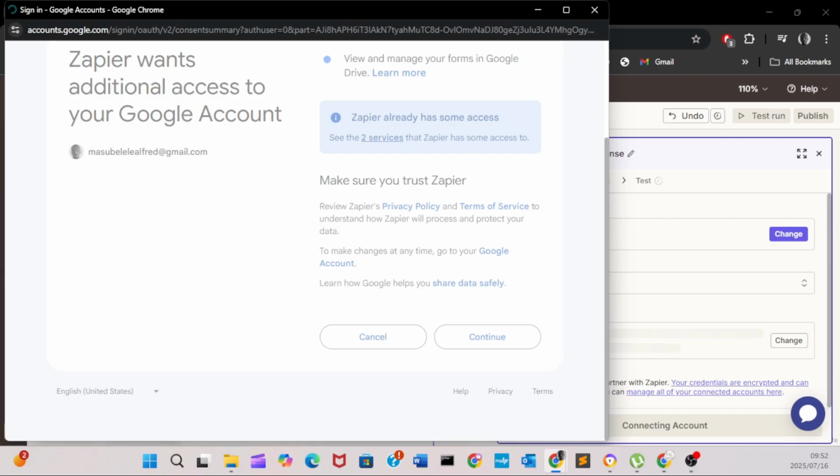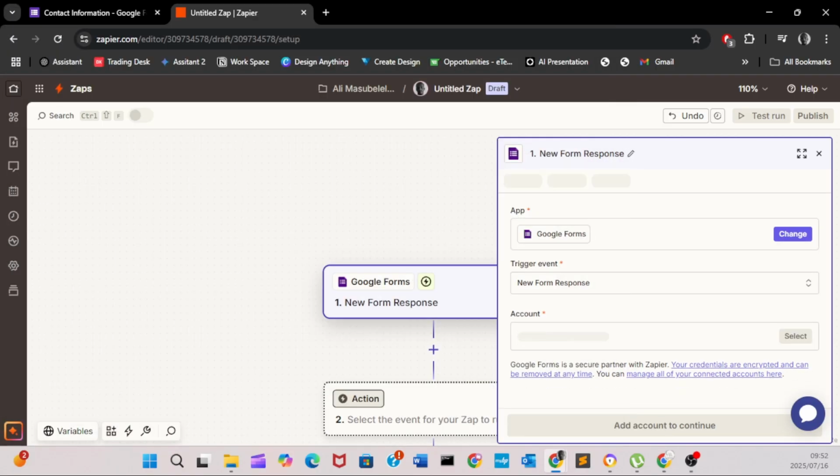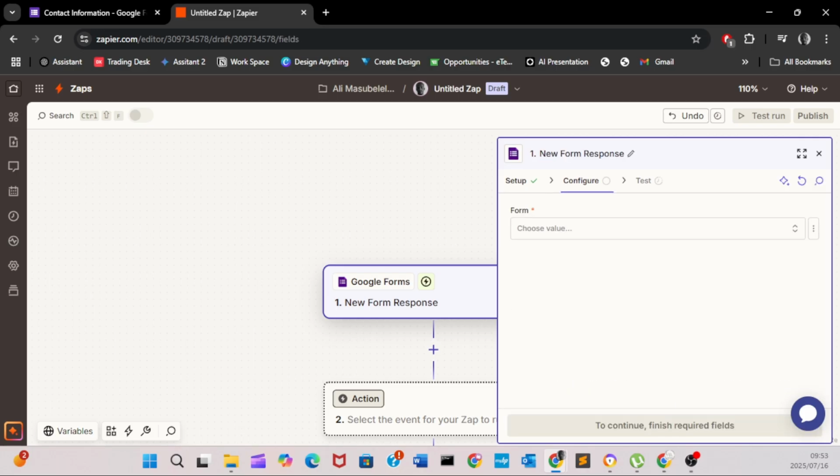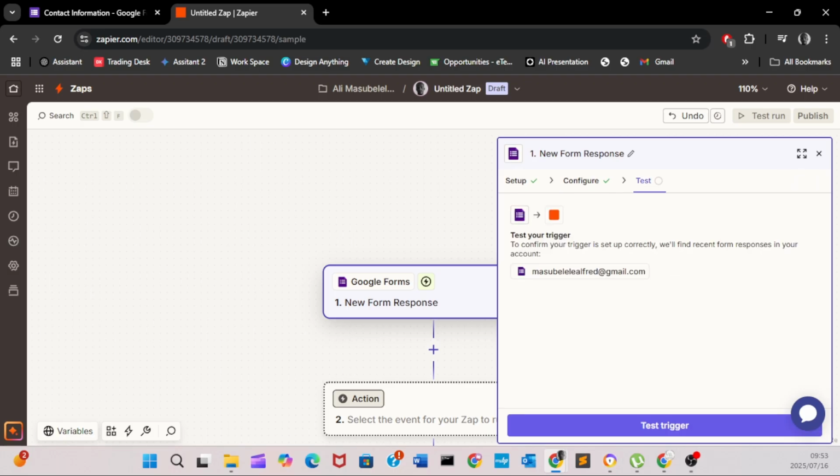So you kind of just hop onto here and you pick your form, then you choose your form. Cool. So the contact information, so I've selected which form it is, which is then this contact information one. Obviously you can choose whichever other form you want, and then you just simply test the trigger,